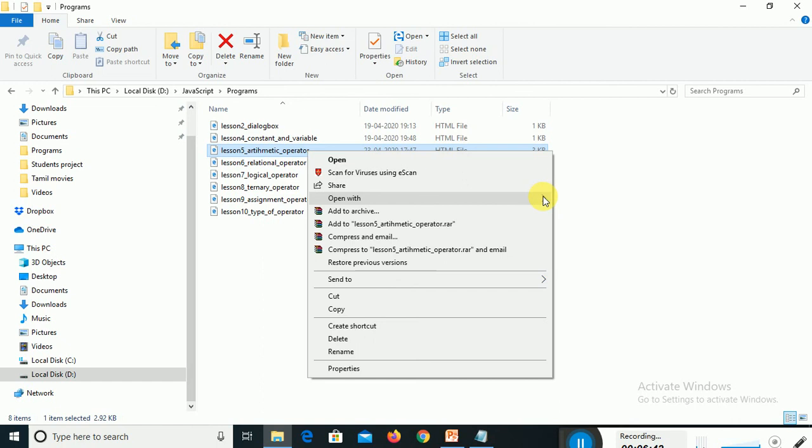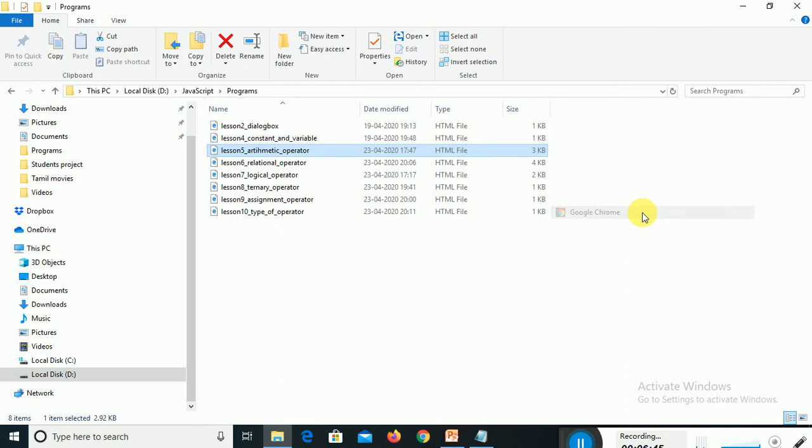Now let me give here, say, 10, 10. Then I click on the plus button here. As you can see here, I am getting the result as 20. How to implement this? If you want to implement this, first I am creating a JavaScript here. Inside the JavaScript I am writing three different variables: one is for storing number 1, the other one is for storing number 2, and the third one is the result.